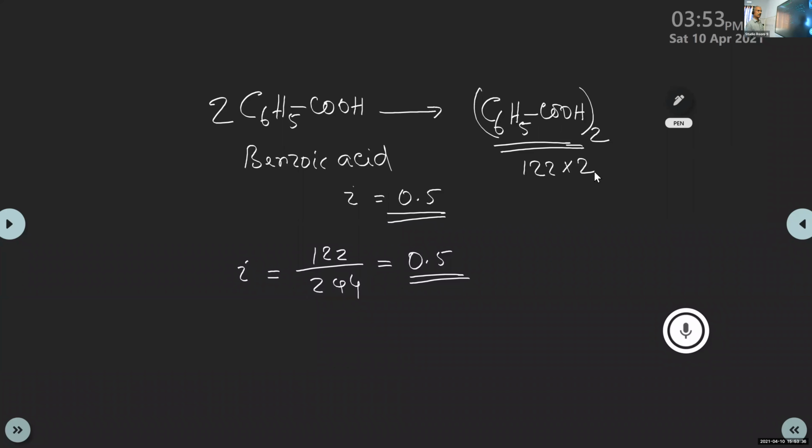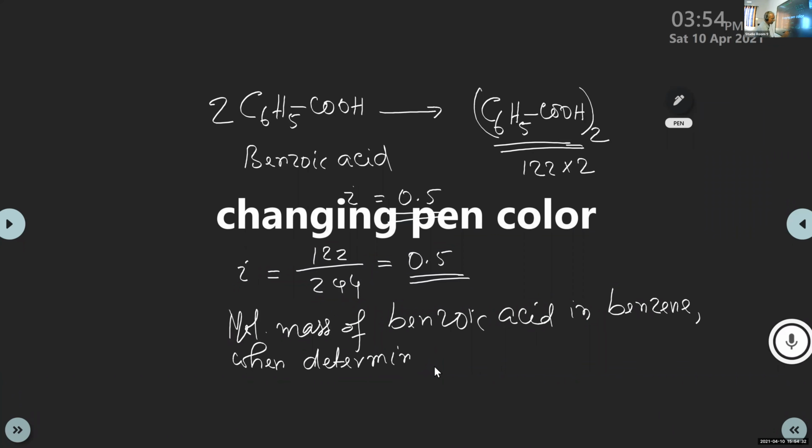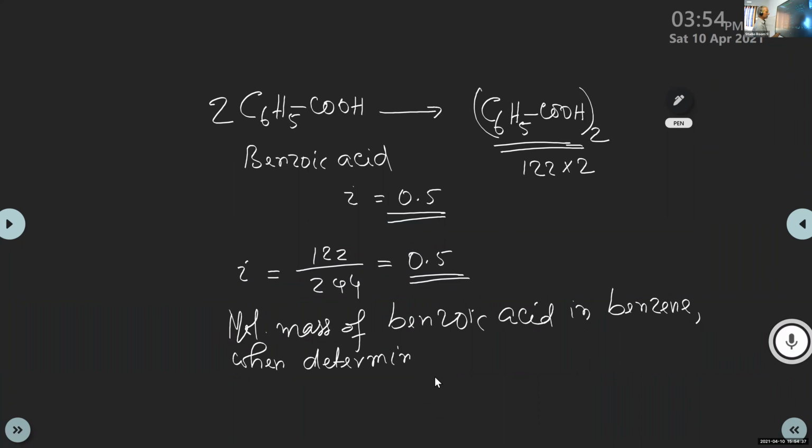Why? What is the question? Achu, what is the reason? That is the question. Sir, I didn't hear the question. The question is this: molecular mass of benzoic acid in benzene, when determined by